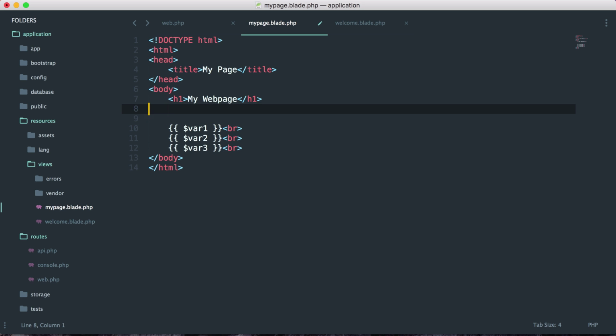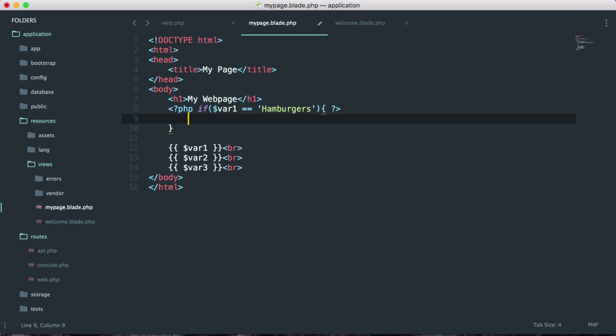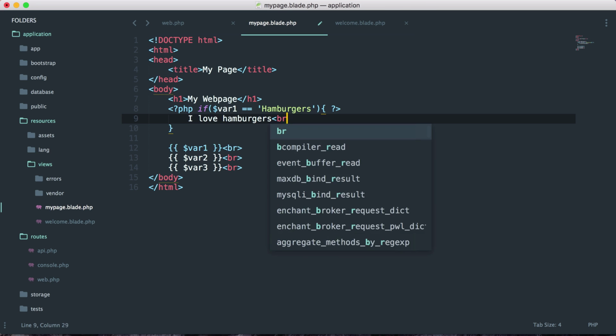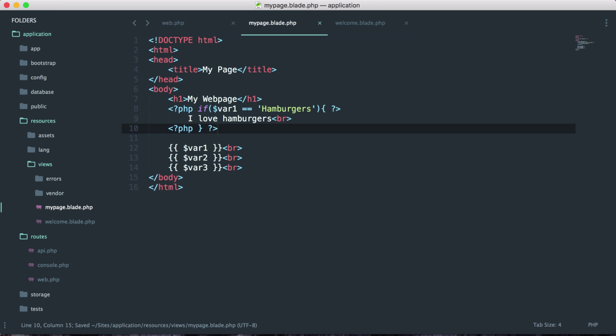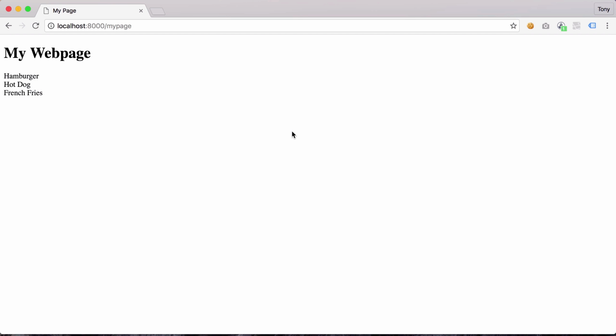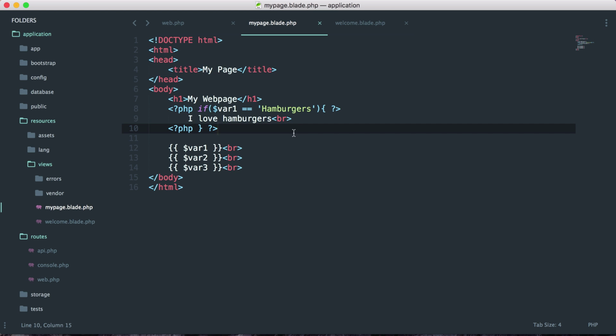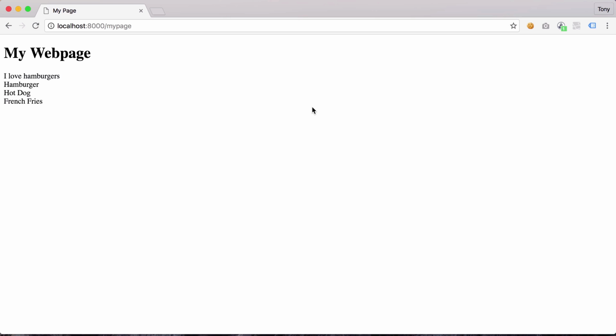Let's say that we have an if statement. So I'm going to say if var1 equals, and I'm going to say hamburgers. Okay, and then inside of this if statement, we want to just print out, I love hamburgers. And let's add a break tag right there. And then we also need to close our if statement. So let's go ahead and save that and let's reload. And we do not get this printed out. And that's actually because it's not hamburgers, it's singular. So let's go ahead and save that. Let's reload. And sure enough, we get I love hamburgers, and then we get each of the variables displayed on